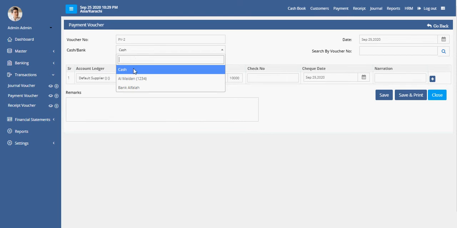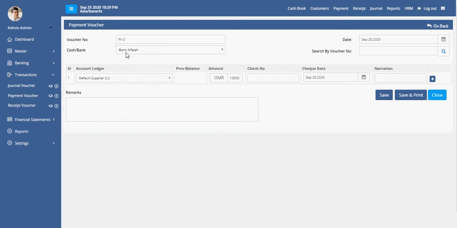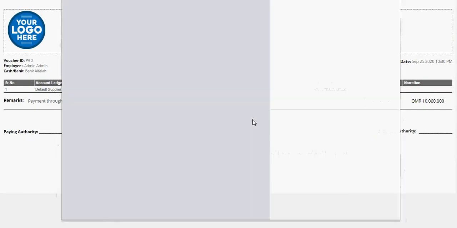So if we choose the cash, it will credit the cash and debit the supplier account, and if we choose the bank, then it will credit the bank account and debit the supplier ledger to maintain the balance. So this is the payment voucher.